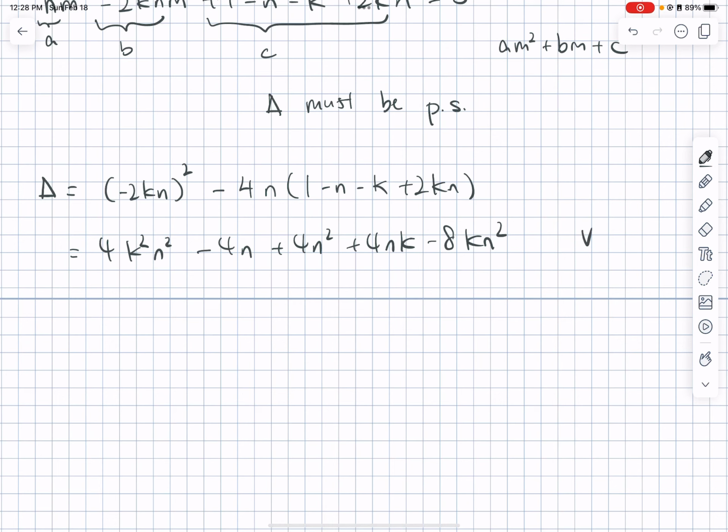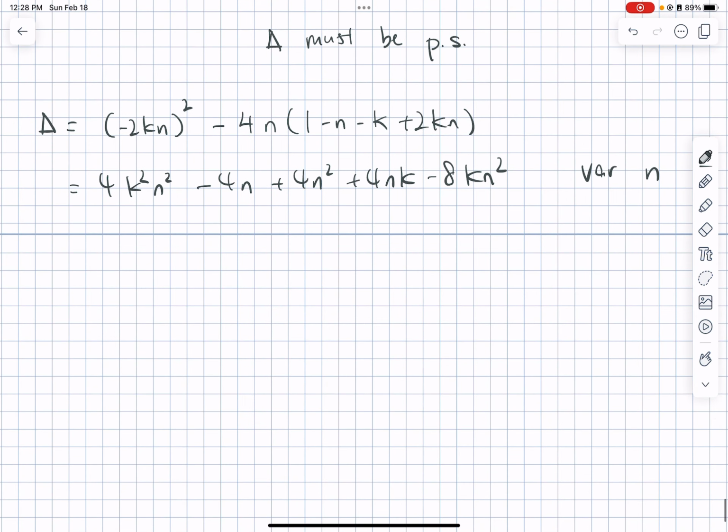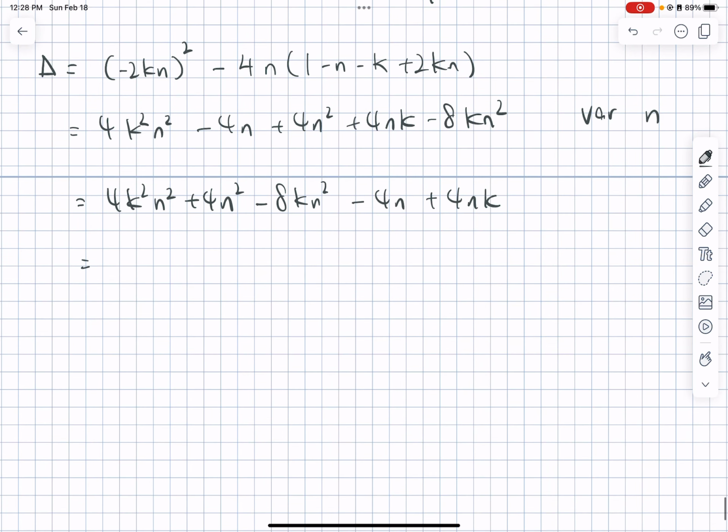So now we can treat the variable to be n, and let's group all like terms, for example n squares together and n's together. So we're going to have 4k squared n squared plus 4n squared, and then, oh whoops, I missed the term minus 8kn squared. And then minus 4n plus 4nk. Let's factor out the common terms. Here we can factor out 4n squared, so 4n squared times k squared minus 2k plus 1,